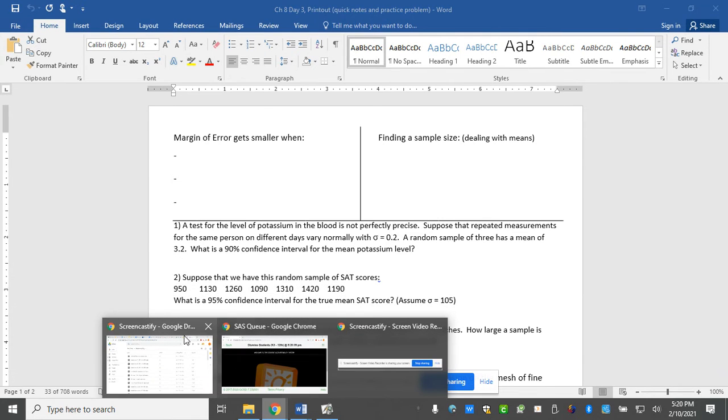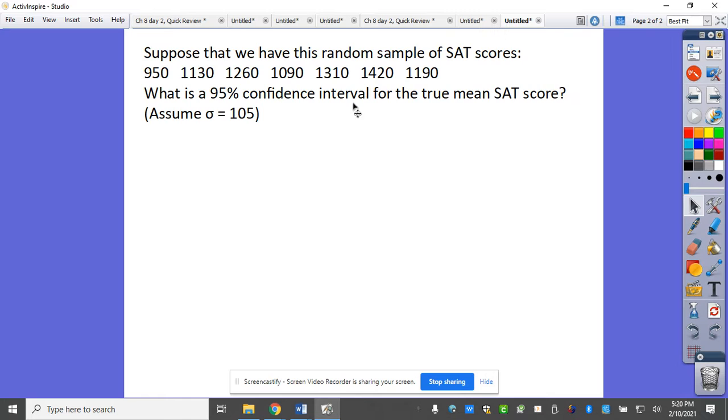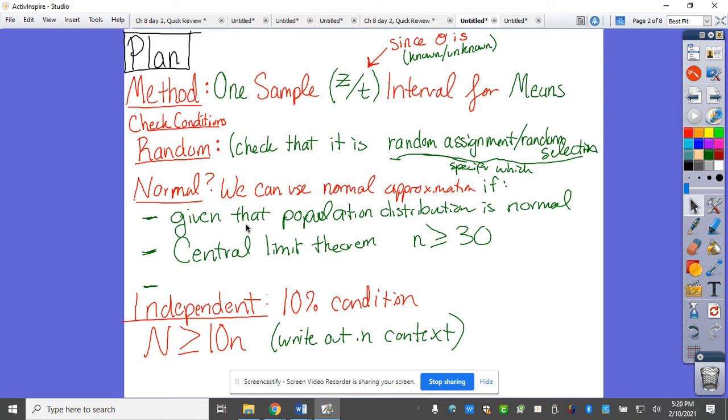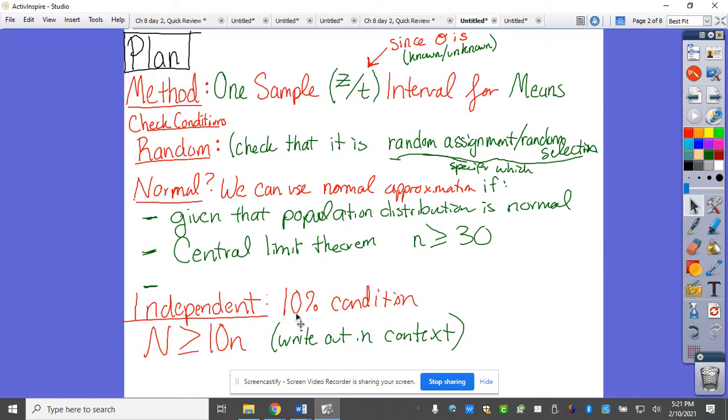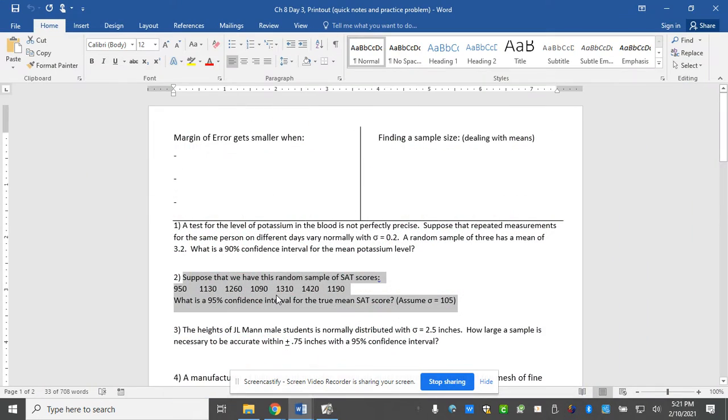But when we get to the normal condition, it does not say that the population distribution is normal. Our sample size is only 1, 2, 3, 4, 5, 6, 7. So that's not enough for the central limit theorem. So as of right now, we don't know what to do. So we're going to go ahead and type these into a graph. So if you'll type those 6 numbers into your calculator